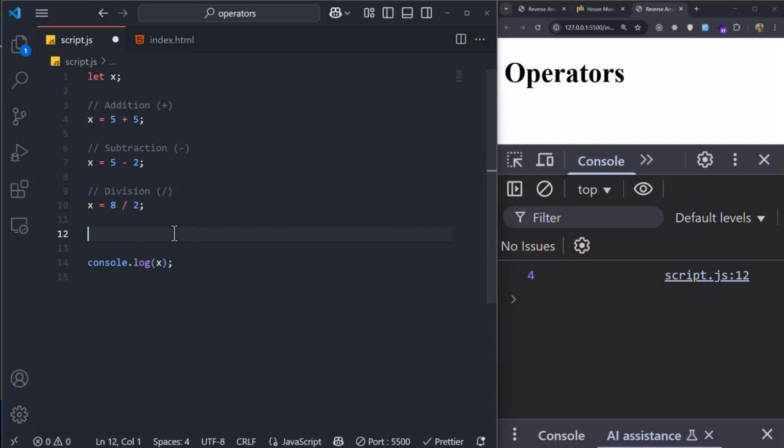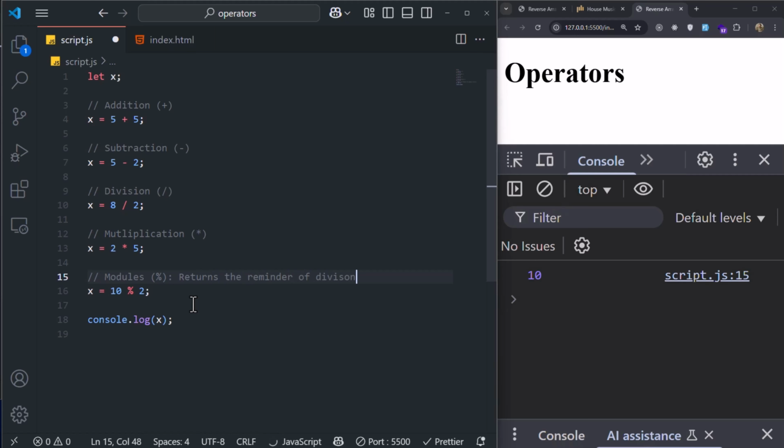Now, the next one is multiplication, which is this asterisk sign. If we say x is equal to 2 times 5, we get 10 as a result. Now there's another sign here. We can say x is equal to 10 percentage sign 2. That is called the modulus, which is the percentage sign. It actually returns the remainder of division. So the remainder of division of 10 by 2 is equal to